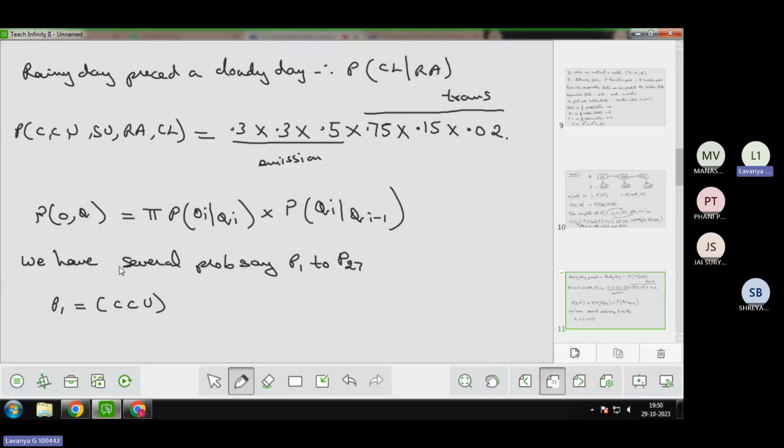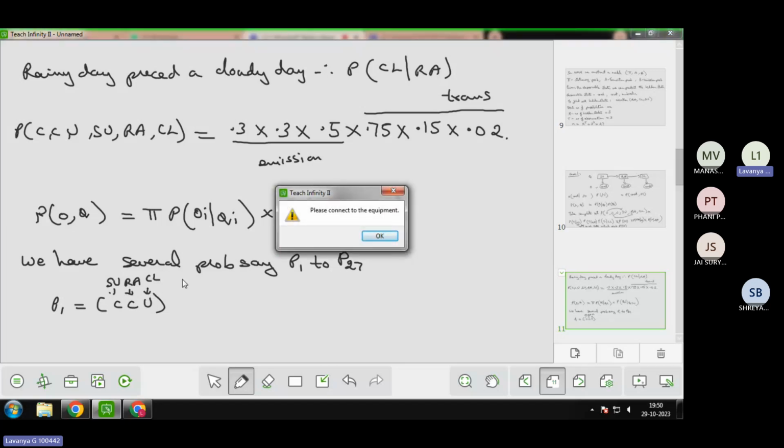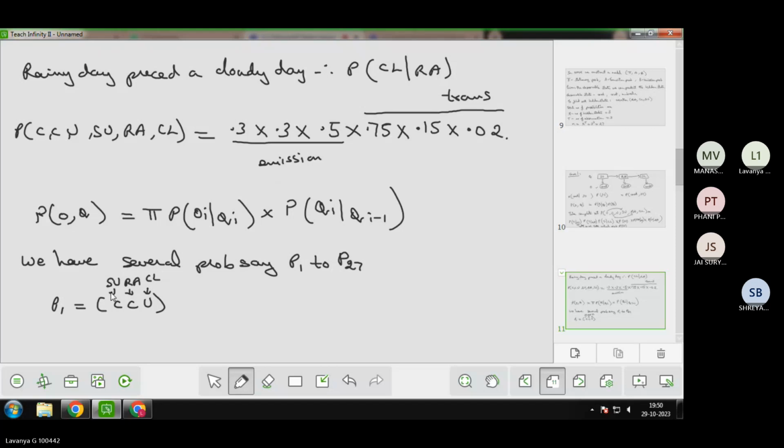Like this, you will have 27 such probabilities. Here we have considered CCU, running over sunny, rainy, and cloudy. This is what I have considered as P1. Like this, you will go on changing. So 3 cubed, you will get 27 such permutations,